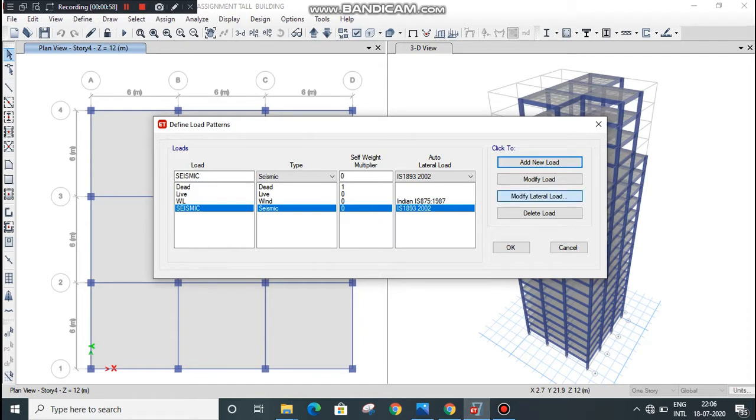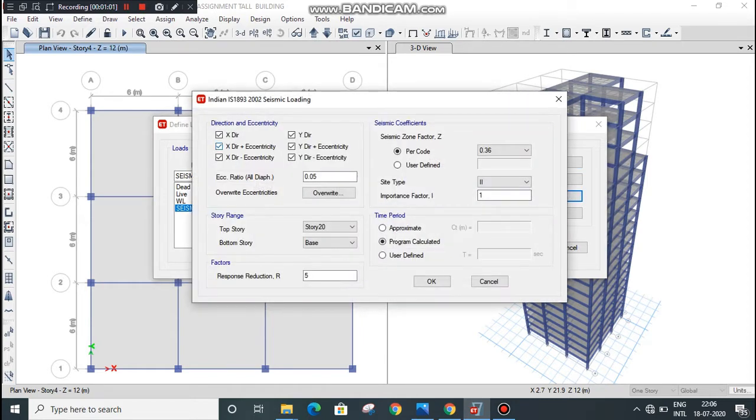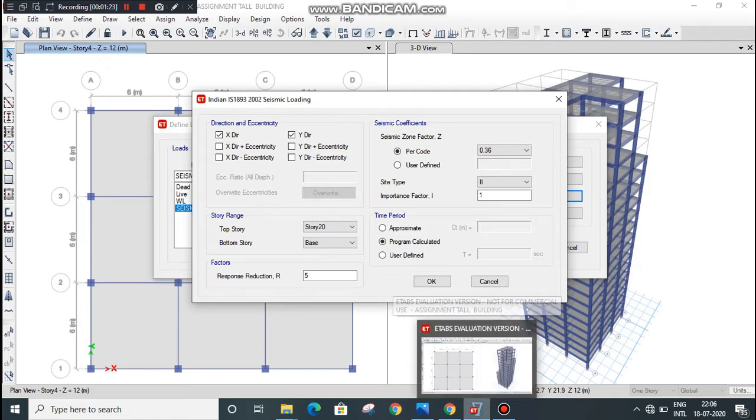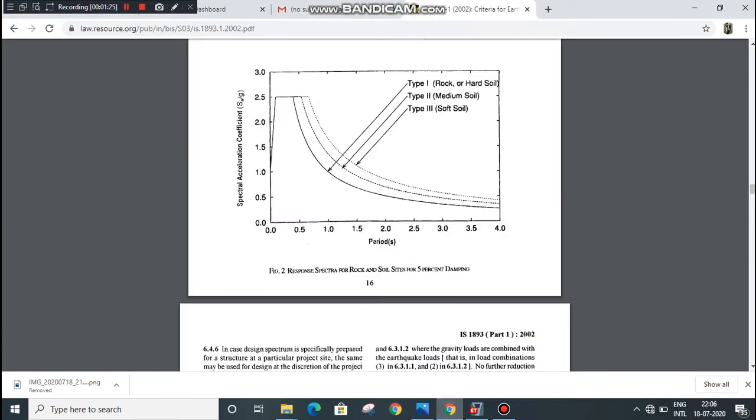Go to modify lateral load, select only X and Y direction because we are assuming that the direction for seismic is X and Y direction. Seismic coefficients, seismic zone factor as per the IS code, refer page number 5 of IS 1893-2002.